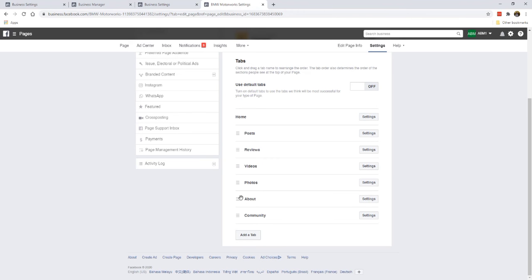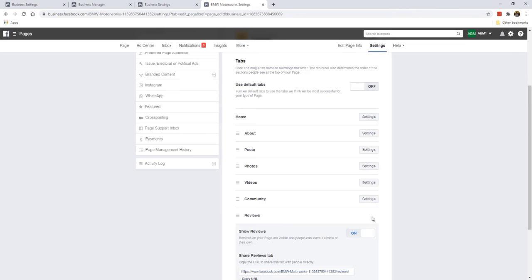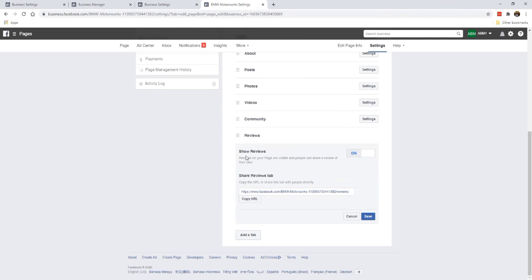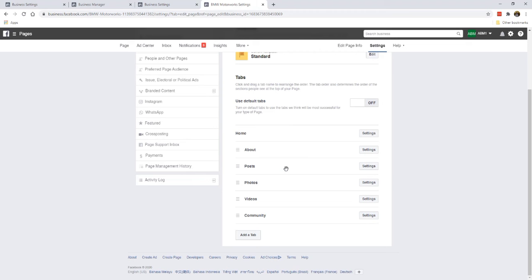But personally, I would prefer to make it this arrangement where the about comes first, followed by post, followed by photos, videos, community, and reviews. Okay, reviews is up to you. Some pages have it, but if you want to minimize the clutter, you can turn reviews off and click save. Now that's just me making this as clutter-free as possible,